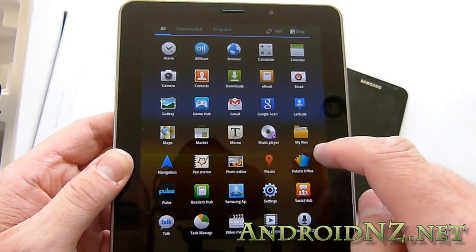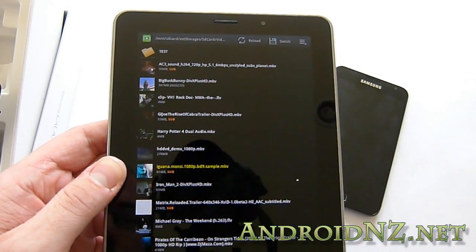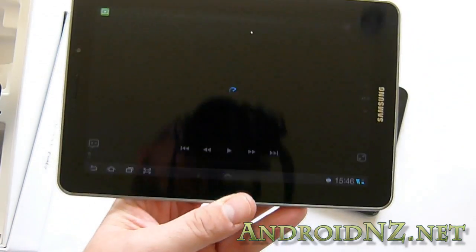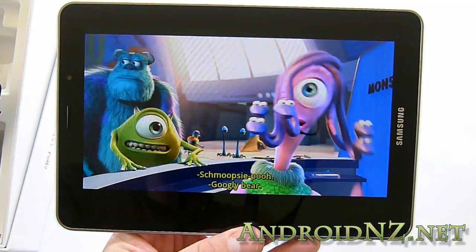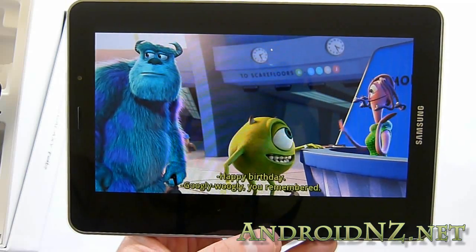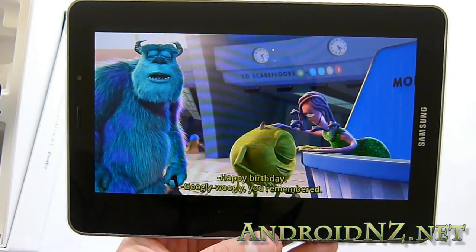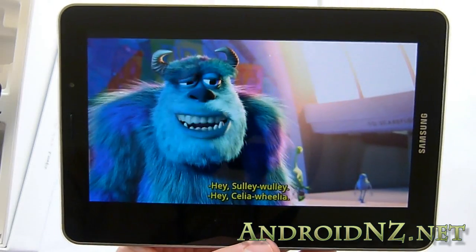So I've loaded it up with all my apps. There's Dice Player, and let's say play our Monsters Inc. trailer. And so this is 1080p, it's an MKV with external subtitling shown on screen there, and this actually has an 11,000 kilobit per second bitrate, so very high bitrate, and playing just flawlessly as I expected it to be,